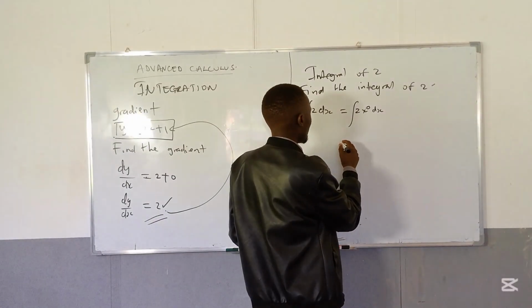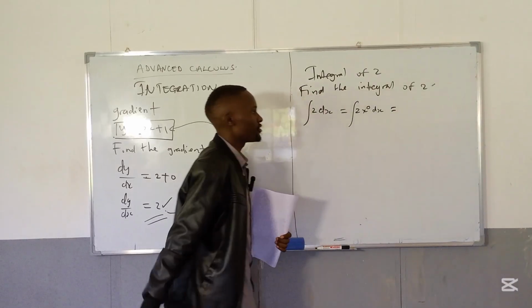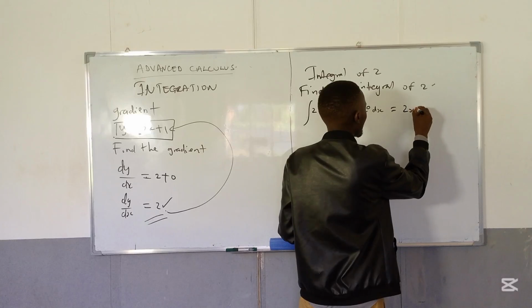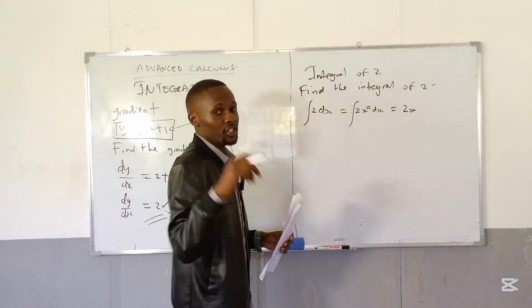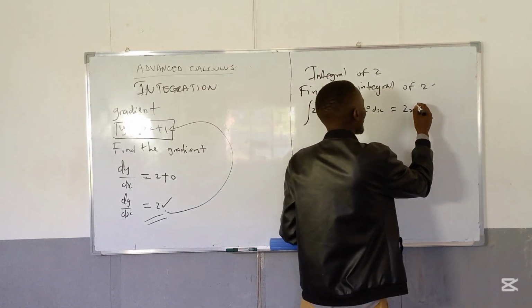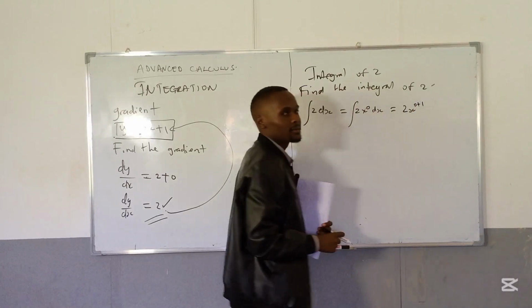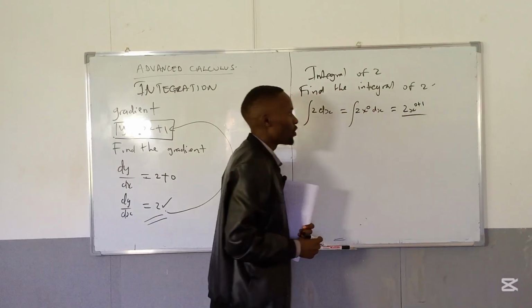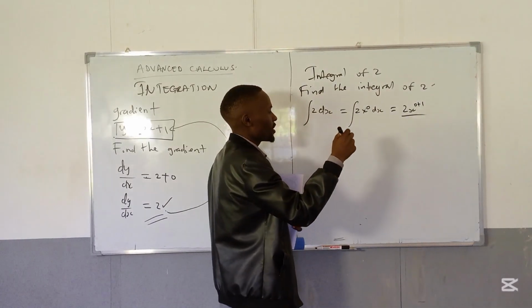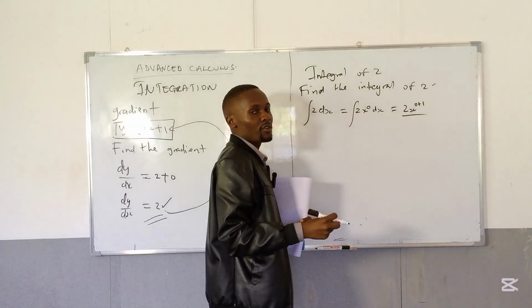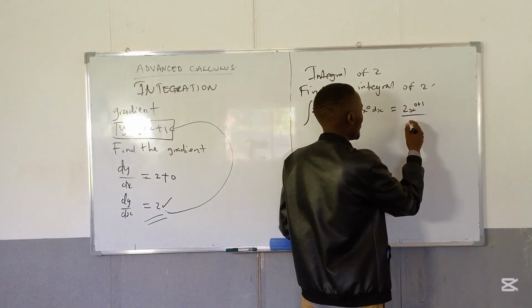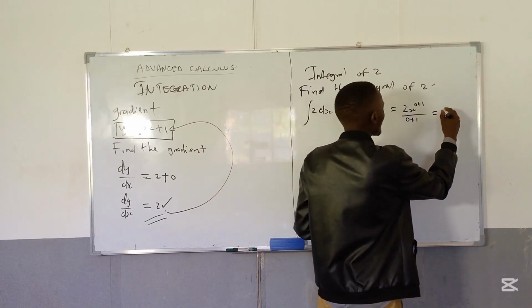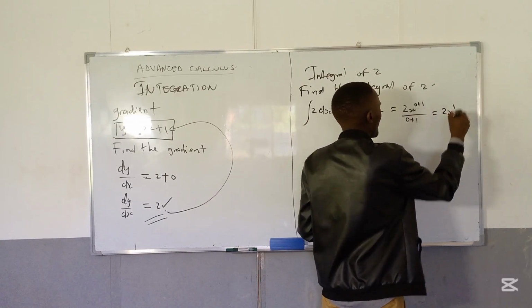So now we continue here, whereby we shall be having 2x, okay? For integration, you add 1 on the power, and then you divide by that sum of the power. So now it will be 0 plus 1. So it will be giving us 2x power 1